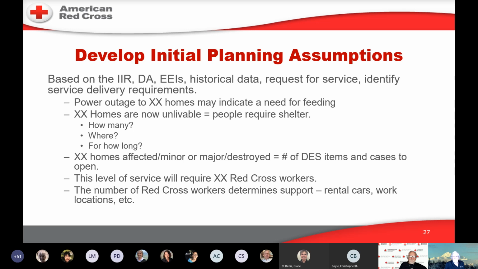How many are affected, major, destroyed, and then how many items of DES will you need? Are you looking at cleanup kits? Are we looking at modifying cleanup kits? Are we adding sifters for fires? Are we doing a kit for a flood where you're doing cleanup from water damage? The level of service will require how many Red Cross workers. A lot of that just goes back to